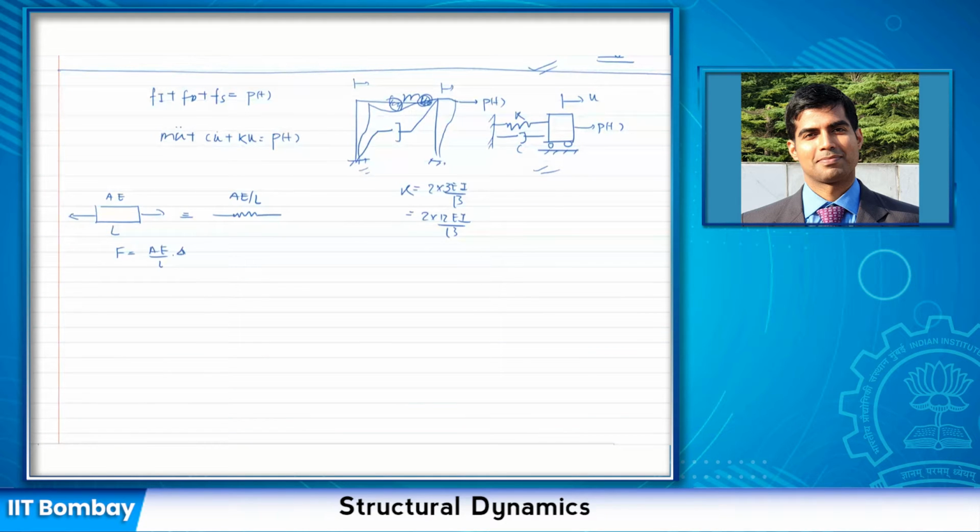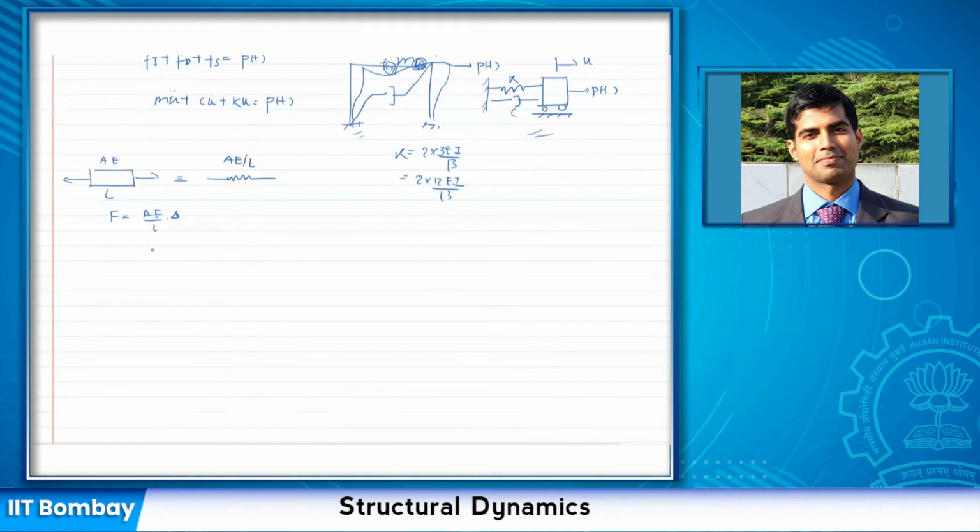This comes from the very basic relationship that you might have studied in your undergrad. So this is one way to do it. How about if I have two beams, one of higher area and E, with a different length, and then another beam connected to it? Let us say this is A1 E1 by L1, and this is A2 E2 by L2, correct?